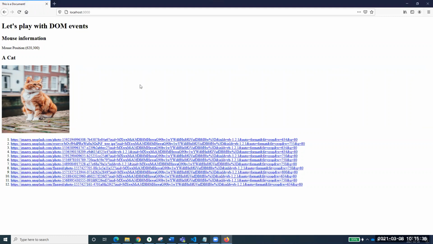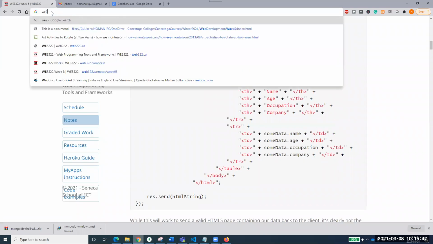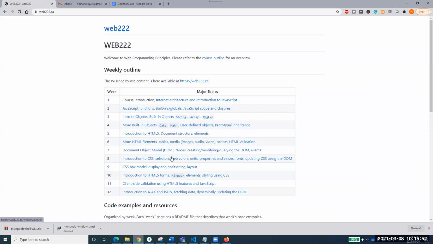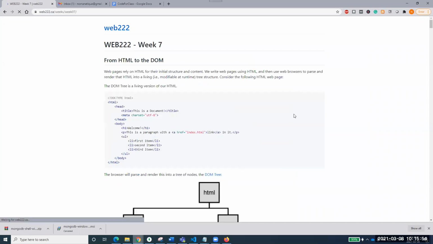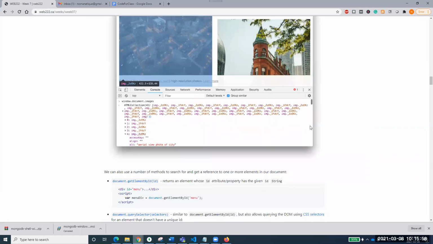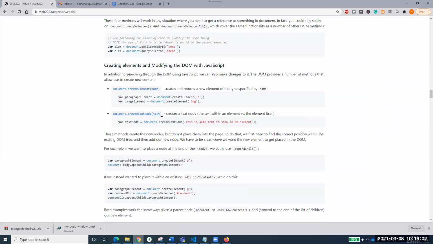So this very much sums up our DOM events as well. We have talked about lots of things, mouse events, and I would request you to go to your lecture notes of this week, the week I'm talking about. So if you come here, this is the one that we are talking about. There are lots of examples. There is this cat example as well. I would love all of you to go there and read these things out. These are very interesting ones.